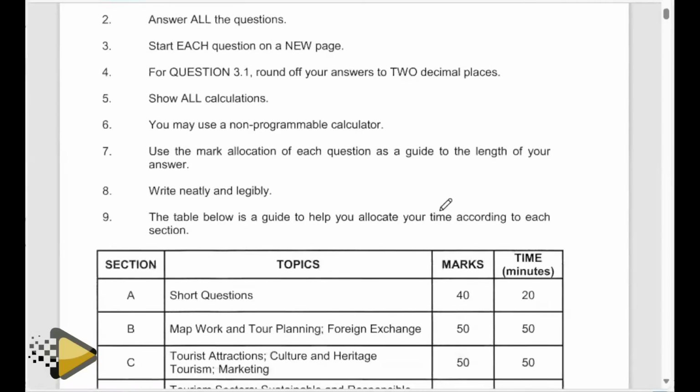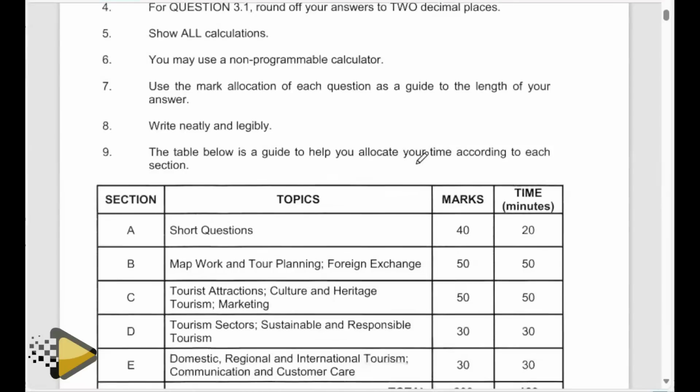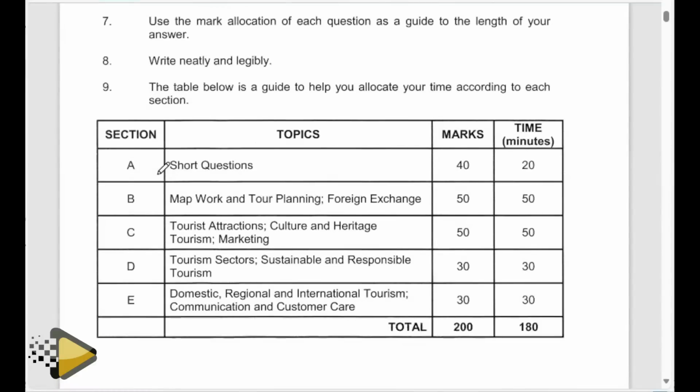Then you show all calculations, and you may use a non-programmable calculator. So mark allocation for each question is used as a guide to the length of your answer. Then you are reminded to write neatly and legibly. So section A consists mainly of short questions, multiple choice questions, and others. Then section B will be made up